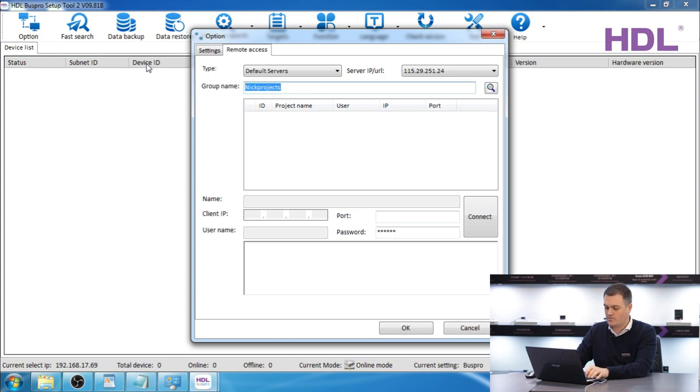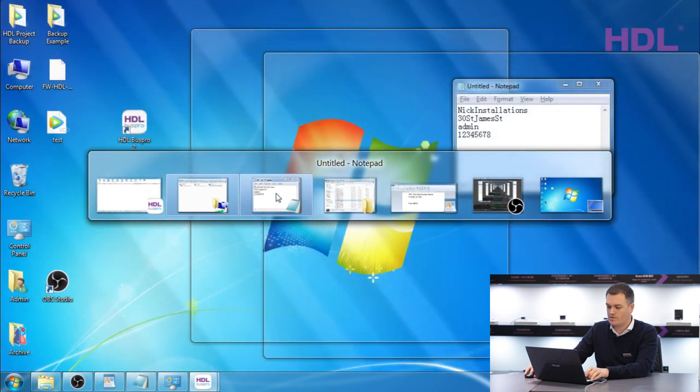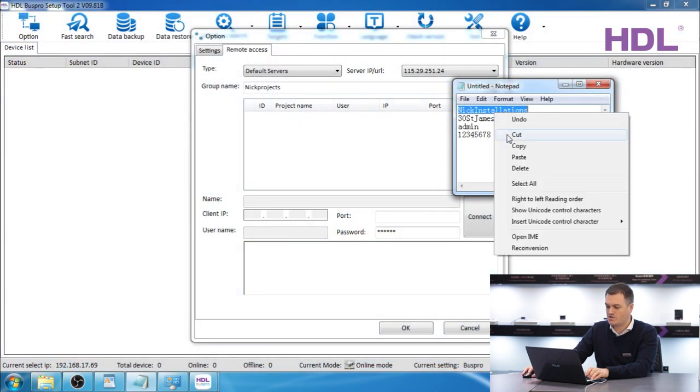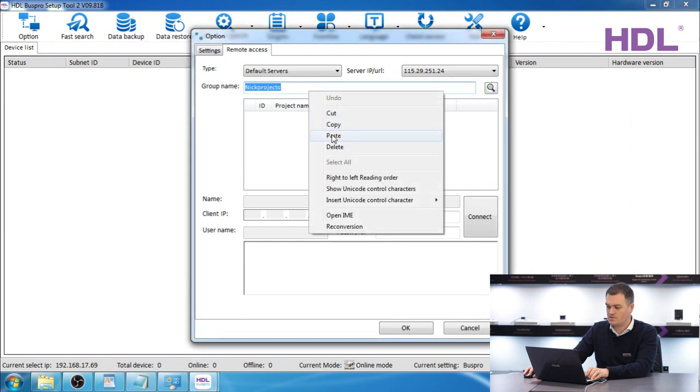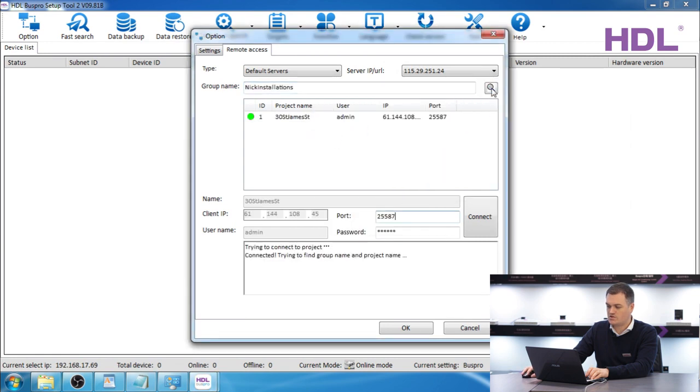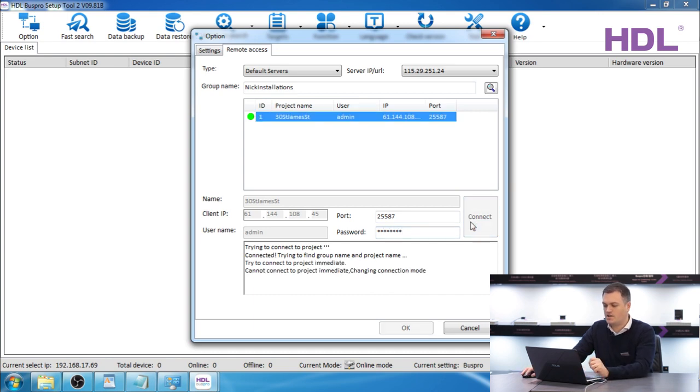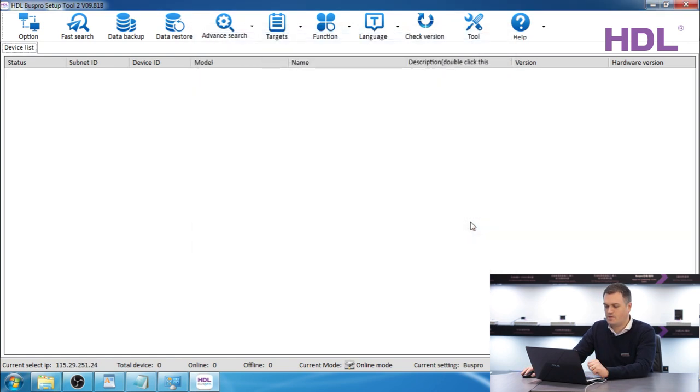Type in your group name. Remember, NIC Installations. Press search. The project will automatically show. Type in the password and press connect. Now you are connected. You can verify that because it says the current IP is the HDL server IP